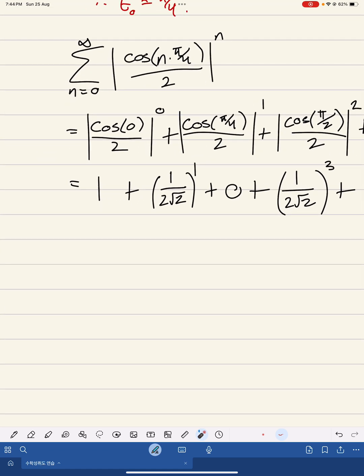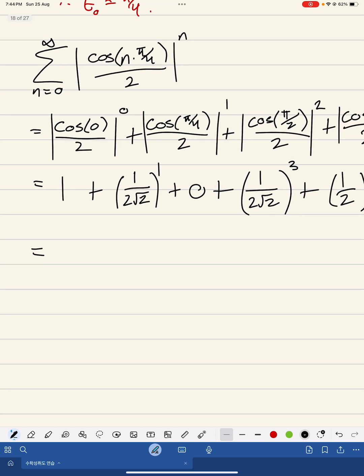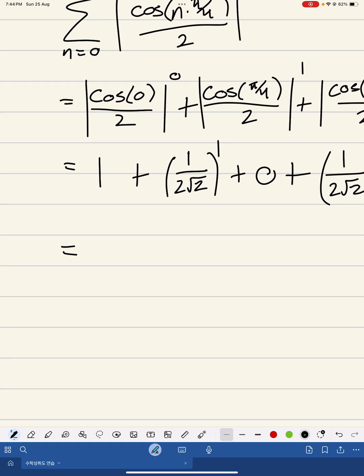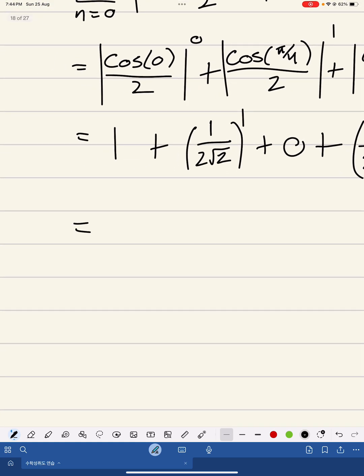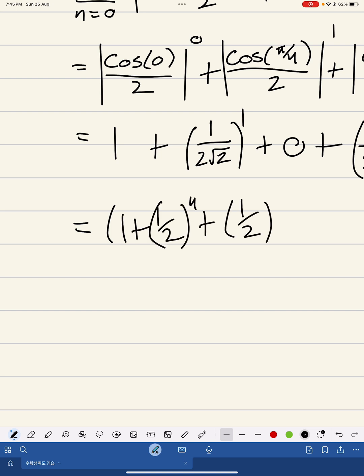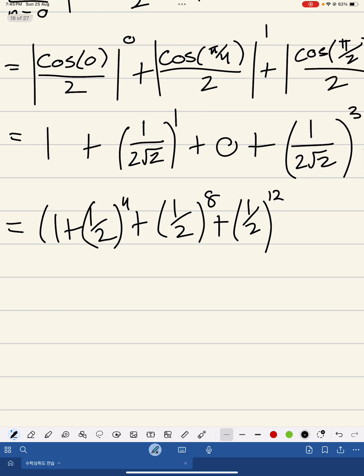So basically, what I'm saying here is, for this infinite series, we can simplify it. We can divide it into 2 parts. Firstly, we can ignore the zeros. And then we can look at the 1 over 2 to the 4, 1 over 2 to the 8, right? So that is 1 plus 1 over 2 to the 4 plus 1 over 2 to the 8 plus 1 over 2 to the 12, because it always comes in 4s,